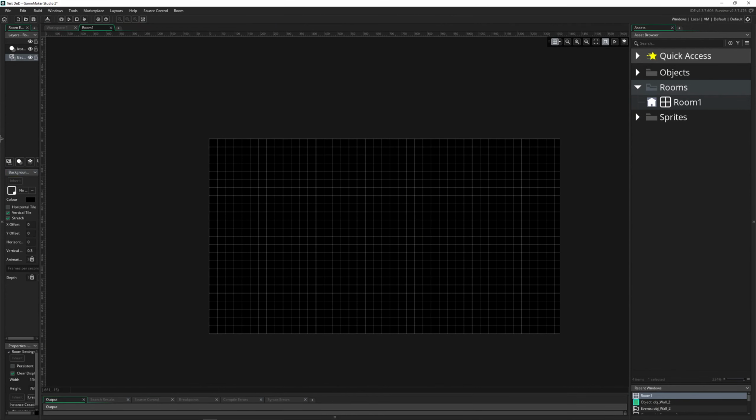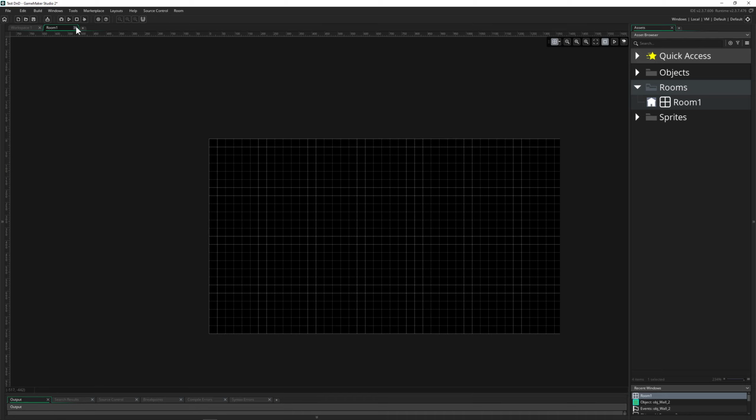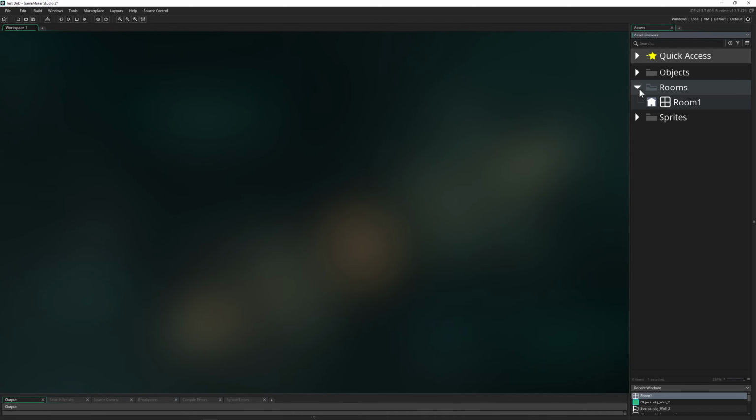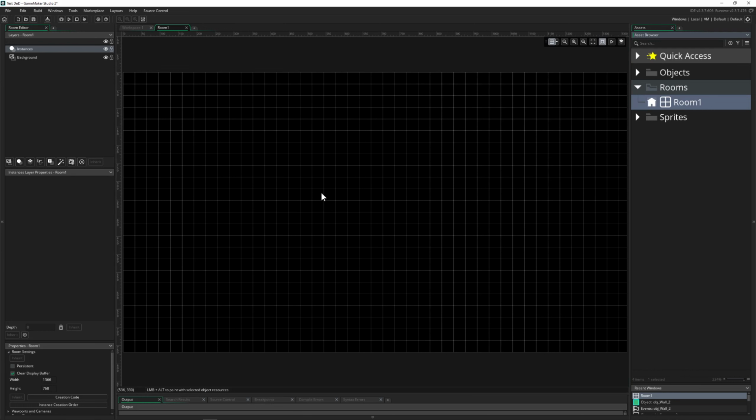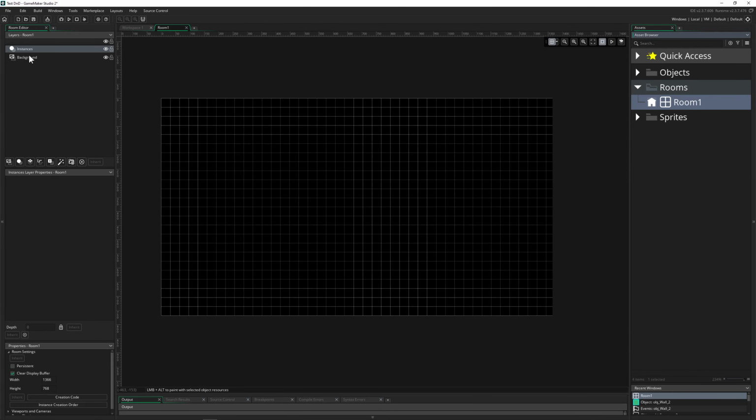Alrighty, so this is how we could start. This is just an empty room. If this is not opened, this is, I guess, the start room, so you just double click on it and it opens up, and it basically has the background and the instances and a little bit